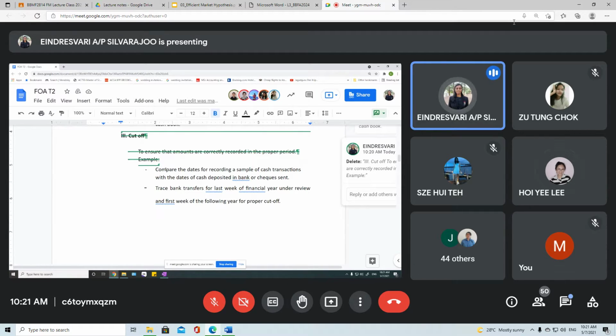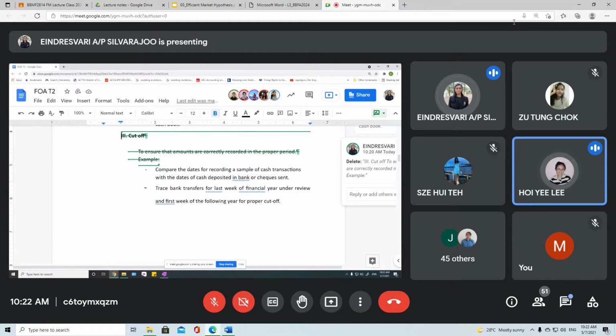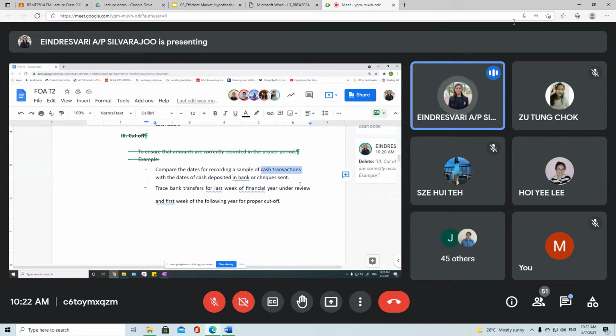Sorry? Source document is the check sent or cash deposited in bank, and the accounting record is cash is not your source document. Source documents are those which you file in. Do you file in your cash into the file? Do you put hold on your cash banknote and put it in the file? No. Checks and cash are not source documents. So what is the source document here? Cash transactions. Cash transaction is not source document. Transaction is transaction. Documents is different. Documents are inputs.